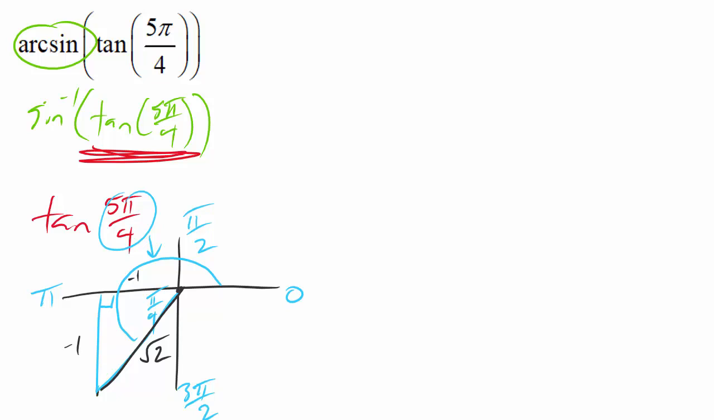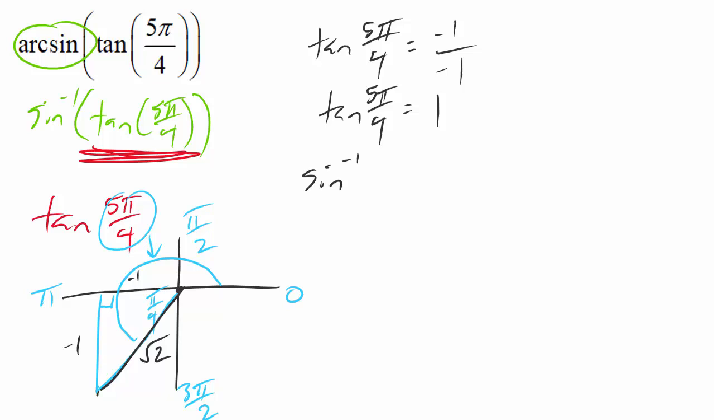All right, so now we want the tangent of this particular angle, the 5 pi over 4. And that's going to be opposite over adjacent. So that will be, for our tangent of 5 pi over 4, negative 1 over negative 1, which will be a positive 1 for the tangent of 5 pi over 4. But remember, we're looking to go with the inverse sine of that tangent of 5 pi over 4. So that really means we want the